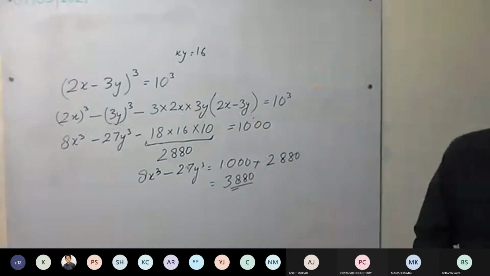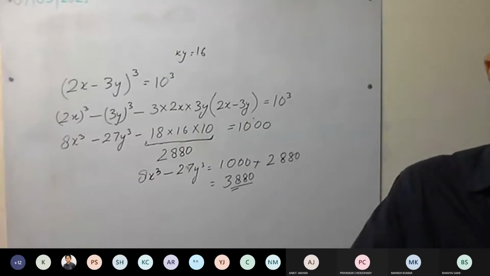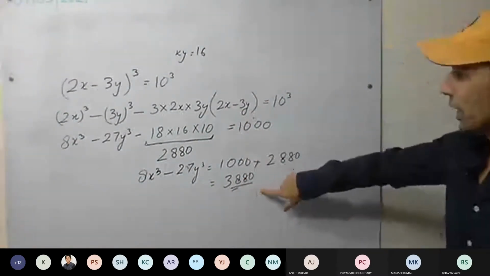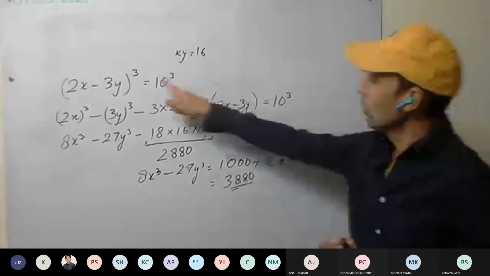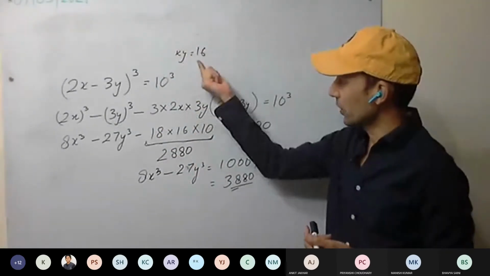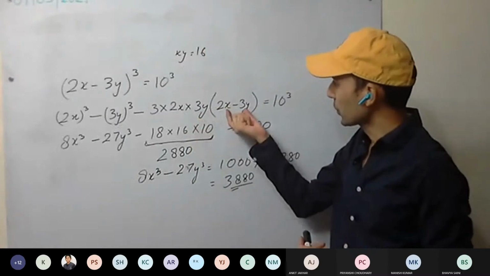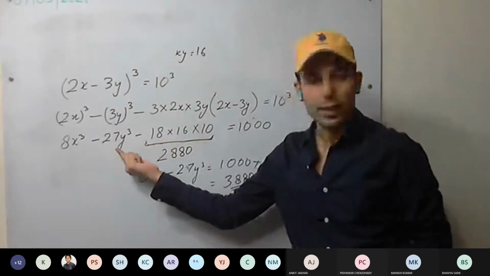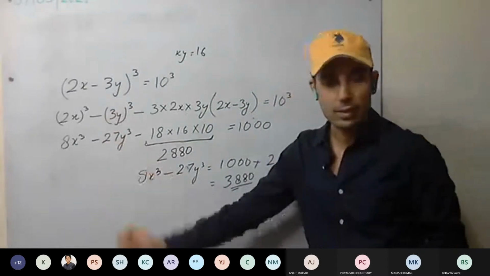Is the answer correct? Yes, sir. Okay. Have you understood? Everyone, have you understood or not? Anywhere you have doubt? So see here, while solving, we have to check. This is there, so it means we are going to use this one. So xy we have put 2x minus y. We already know it's 10. We have put, and its value we have to calculate. So we are having that one.